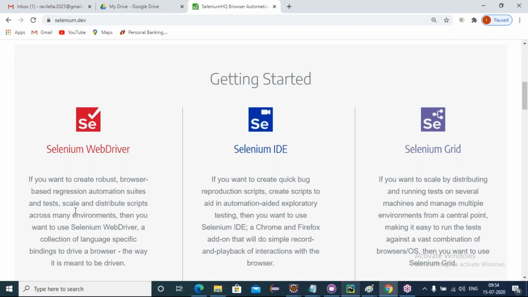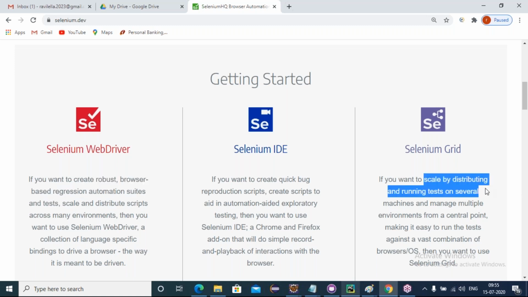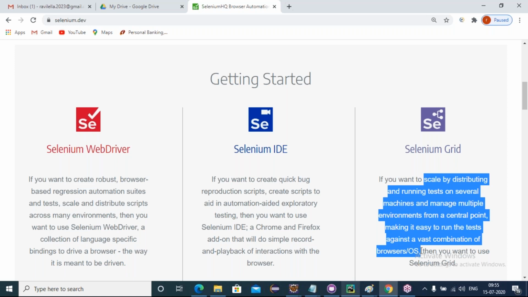What does WebDriver do? Yes, it creates the robust browser-based regression automation suites and tests. What you develop as robust browser regression suites and tests will be scaled and distributed, running the tests on several machines and managing multiple environments from a central point, making it easy to run the test against a vast combination of browsers and operating systems.